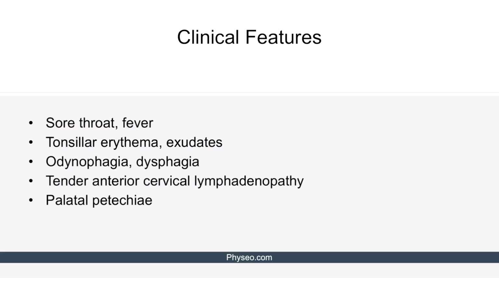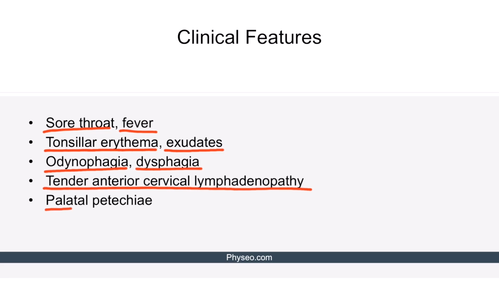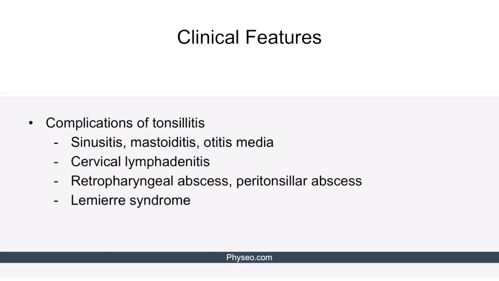The clinical features and complications of tonsillitis are also pretty similar to those of pharyngitis. Patients can present with a sore throat, fever, tonsillar erythema, exudates, odynophagia, and dysphagia. Physical examination findings may include tender anterior cervical lymphadenopathy and palatal petechiae. As far as complications go, tonsillitis can also result in sinusitis, mastoiditis, otitis media, cervical lymphadenitis, retropharyngeal abscess, peritonsillar abscess,